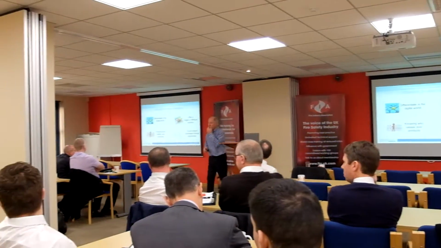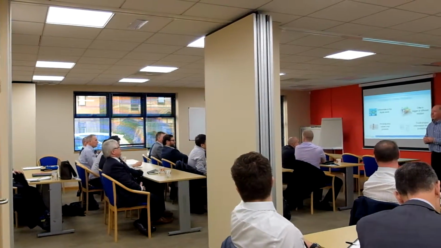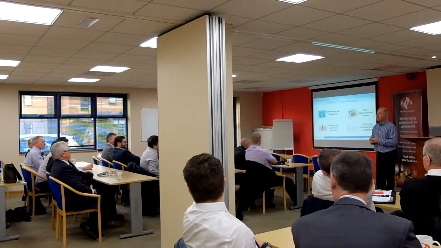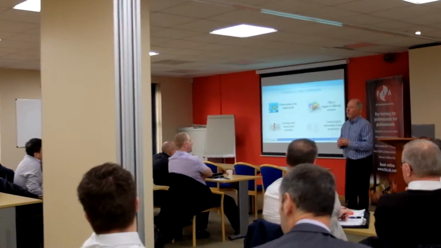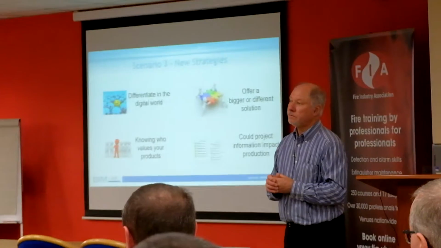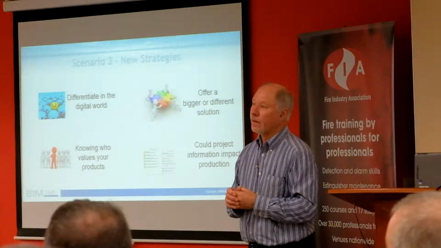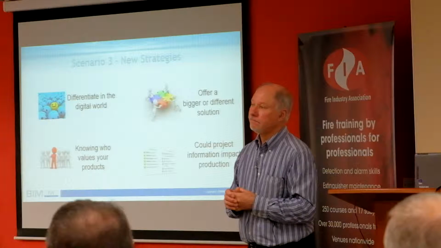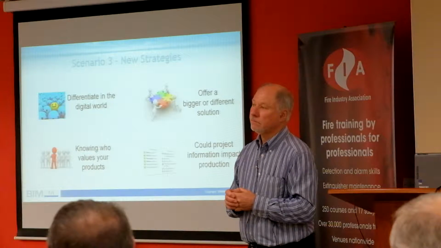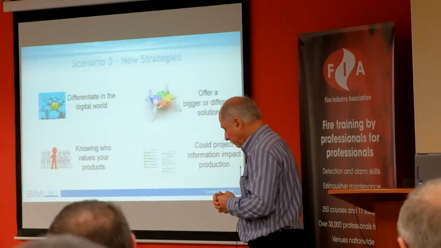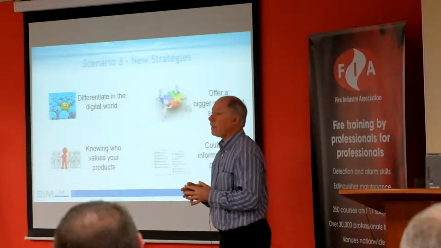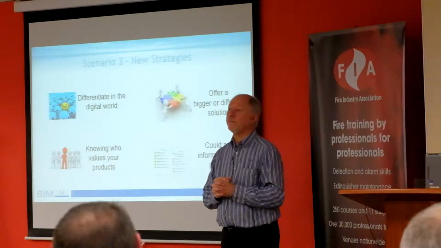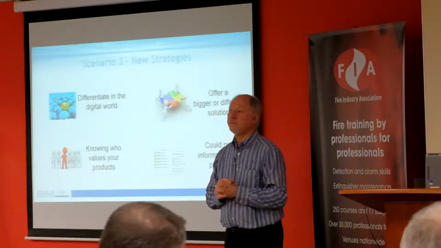Yes? I deal with the consultants, and one of the concerns was the quantity of information at various project levels. One consultancy said that they would like to see 2 versions of our BIM models, one at the very early stages, stages A, B, and C, and then when it comes down to E and F, full product information, they wanted a full-blown version of the code. And that is the dilemma we have, I think, as an industry, of how much information we provide at the different levels. Should we just have one model, or should we have 2 models for each of our products?